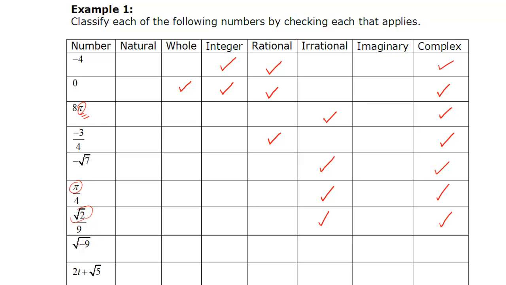The last two examples then, we have a negative under a square root, automatically imaginary, and again everything is complex. The reason I skip all these, if it's imaginary, well, these are all real numbers. If it's a real number, it can't be imaginary. If it's imaginary, it can't be a real number. So if you tick this one, none of these can apply. Same thing here. We have an i. Automatically, it's imaginary, and they're all complex. So that's the end of our first lesson on number sets. And don't forget, if you have any questions, make sure you ask your teacher, get more examples, do some practice,